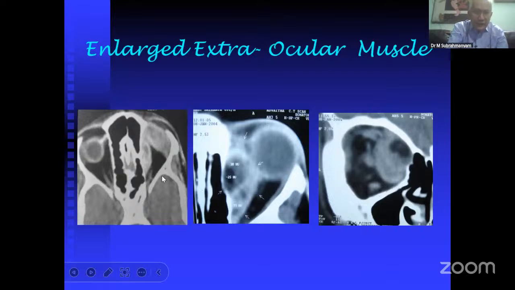Here you see the reflected tendon of the superior oblique. This is the muscle belly of the superior oblique and this is the reflected tendon. When you compare it with the normal, it is hugely enlarged and you can see a cystic space with a scolex, hyperdense. So this is a case of myocysticercosis involving the superior oblique. Usually one muscle is involved in about 2 to 3% of cases of orbital myocysticercosis. There could be